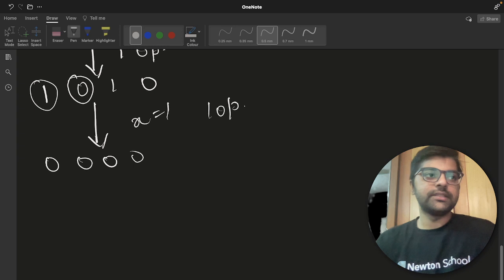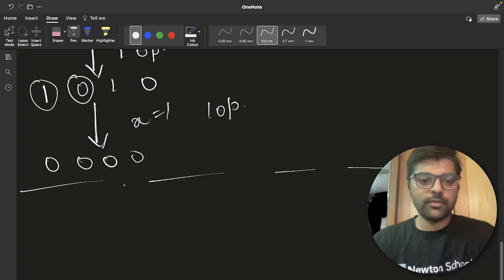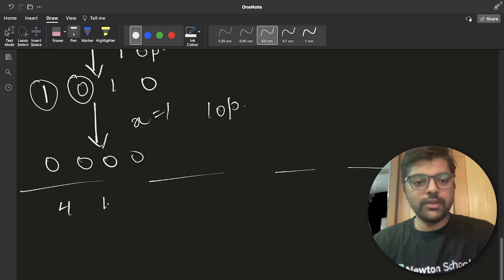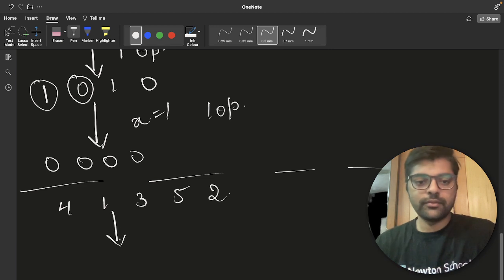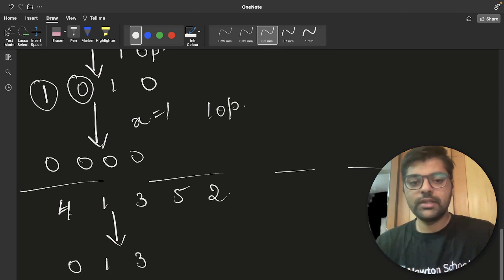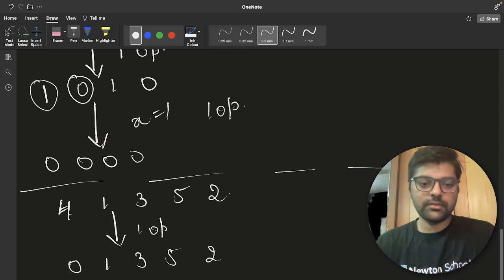Coming to our next example, 4, 1, 3, 5 and 2. 4 is larger than 1 and occurs to the left of 1, so I will have to forcibly make it 0. So 0, 1, 3, 5, 2, one operation, x equal to 4.